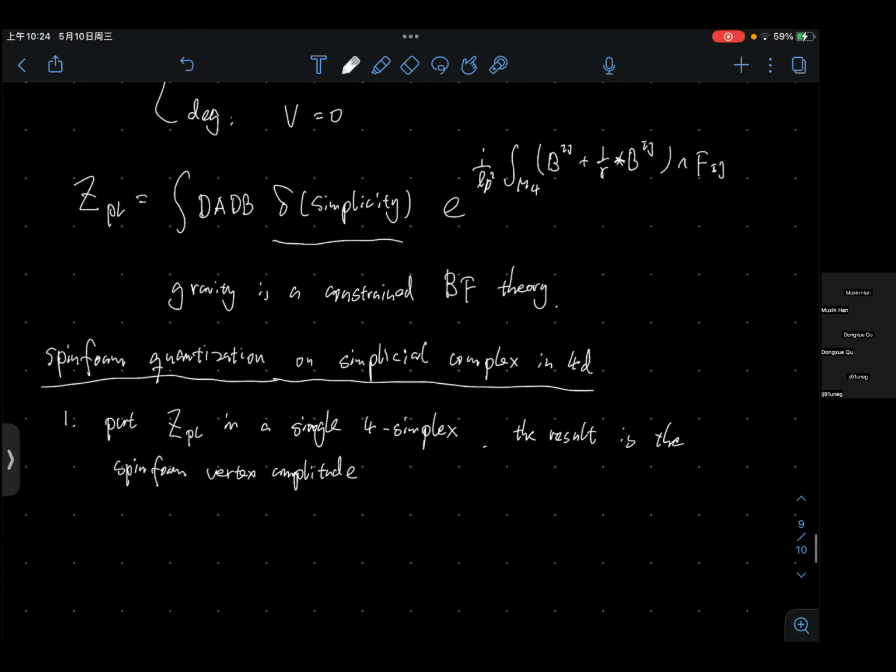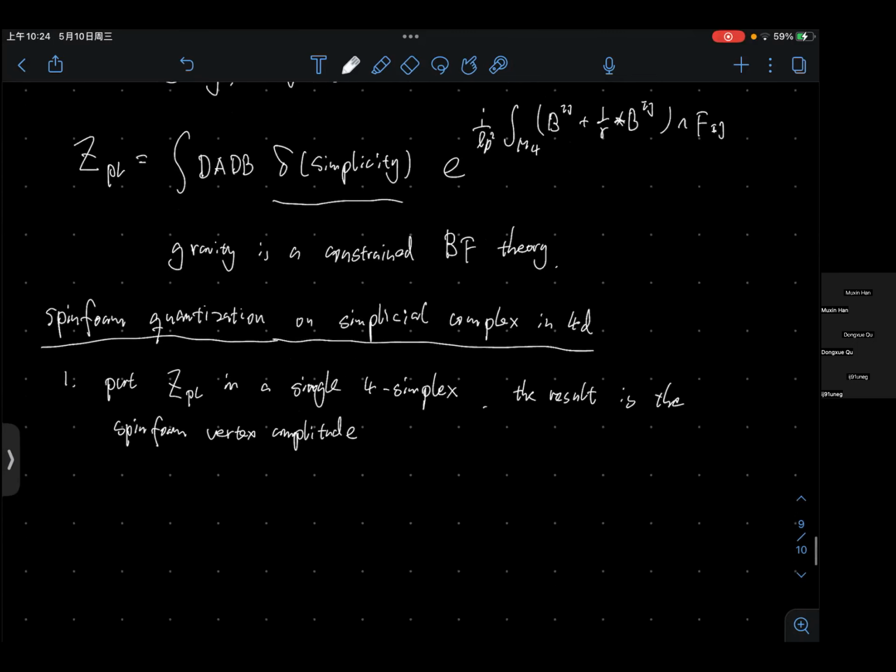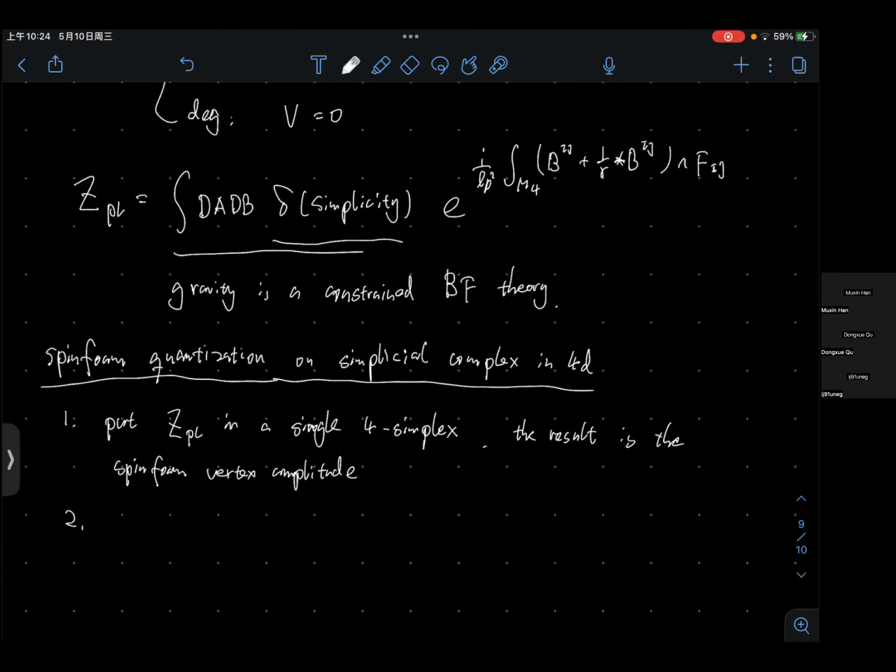Secondly, we are not going to precisely put this in the 4 simplex. Instead, we are going to first quantize BF theory. We are going to first forget about this delta function of the simplicity constraint and quantize just the BF theory. Okay, so now in the 4 simplex, what we're going to compute is